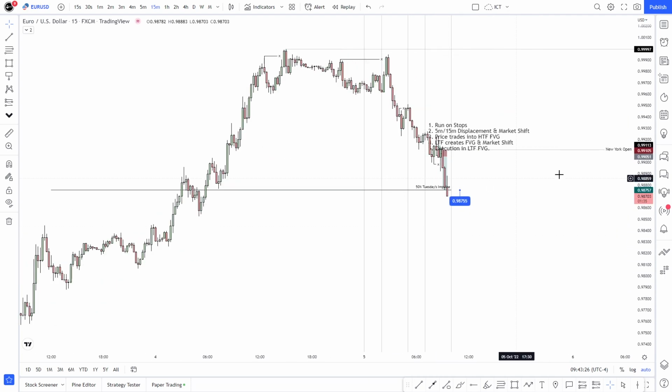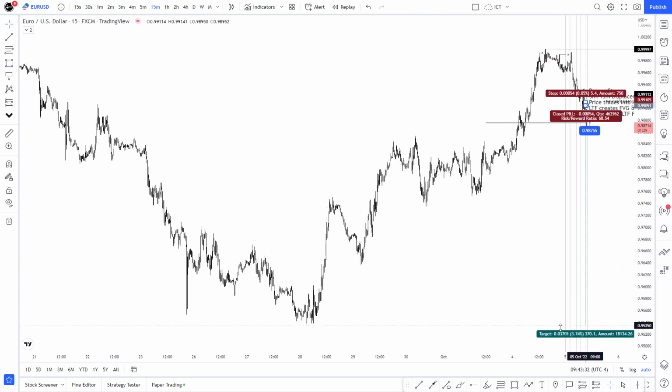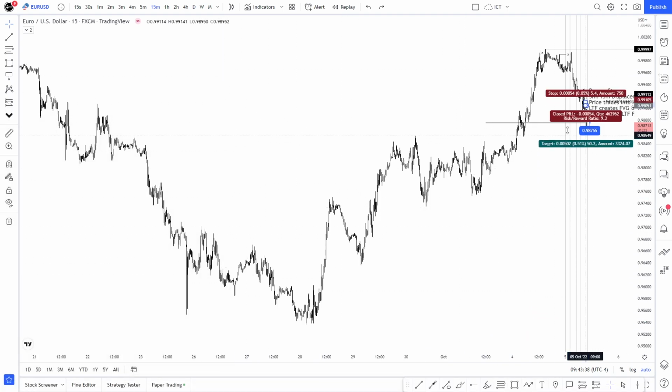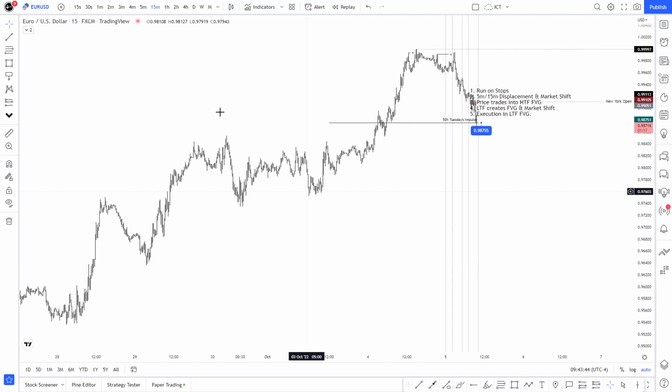Price mitigated the 50, potentially going lower. Again, if this actually is the week's high, we could be definitely looking at something much larger than that, but it's not something that I would trade, so I prefer not to even talk about it. And that is really pretty much it. My target is just based on the fact that we are going against what has been the trend, right? We have had a pretty aggressive move higher, so this could easily be a retracement.